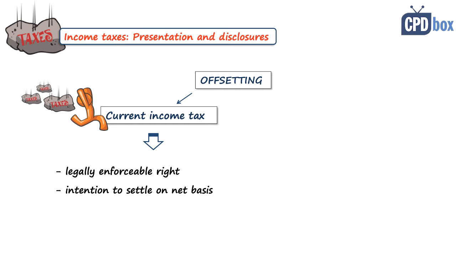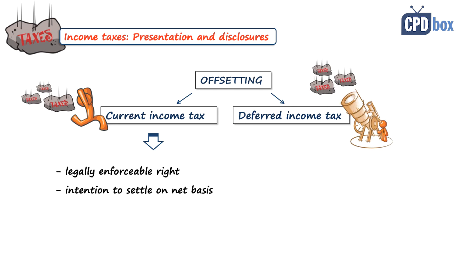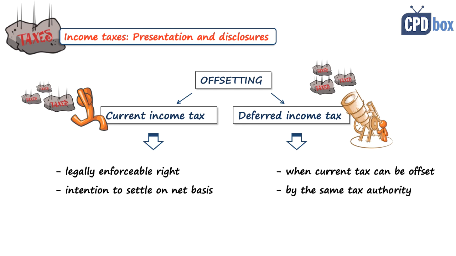The second condition is that an entity intends either to settle on a net basis or to realize the asset and settle the liability simultaneously. With regard to deferred income taxes, the entity can recognize the net amount only when it has a legally enforceable right to set off current tax assets against current tax liabilities, and we have just said when it happens, but also deferred tax asset and deferred tax liabilities must relate to income taxes levied by the same taxation authority of the